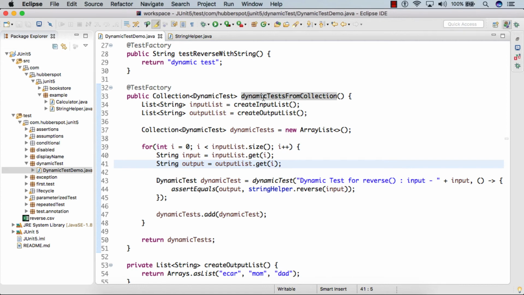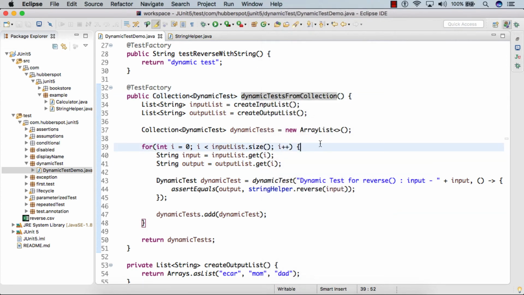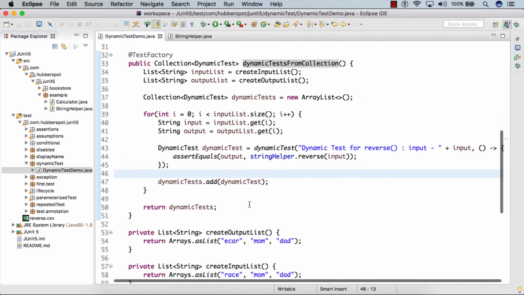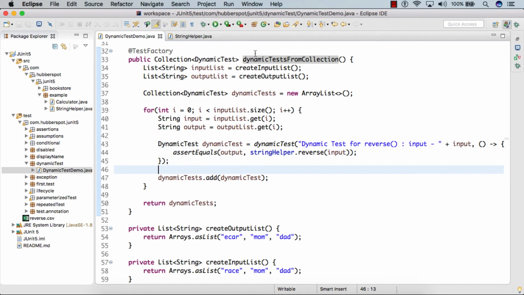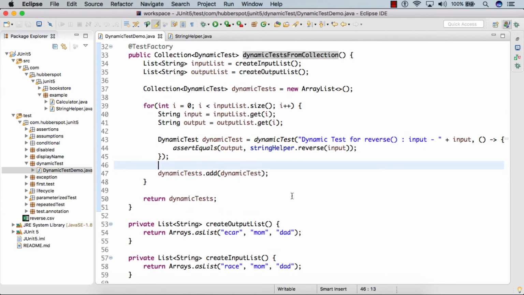So friend, if I run the test case now, you can see the dynamic test ran 3 times: one with input race, then mom, and then dad. This is a proper dynamic test. If you want to provide one more test, we can simply add it.